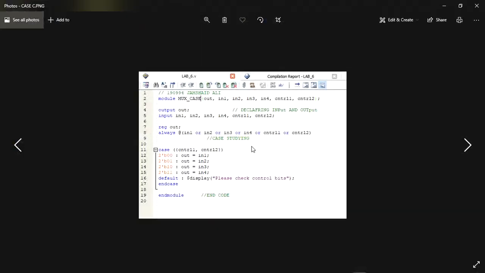This is the Verilog code of the case statement implementation. Now you can see here, first of all, as in previous cases, we have to declare all the inputs and outputs, and after that we have to use another thing, which is the register and always block, as we discussed previously. Here always is used to get the response and take all the inputs and selection lines. So this case statement will help us handle all our inputs and our selection lines.